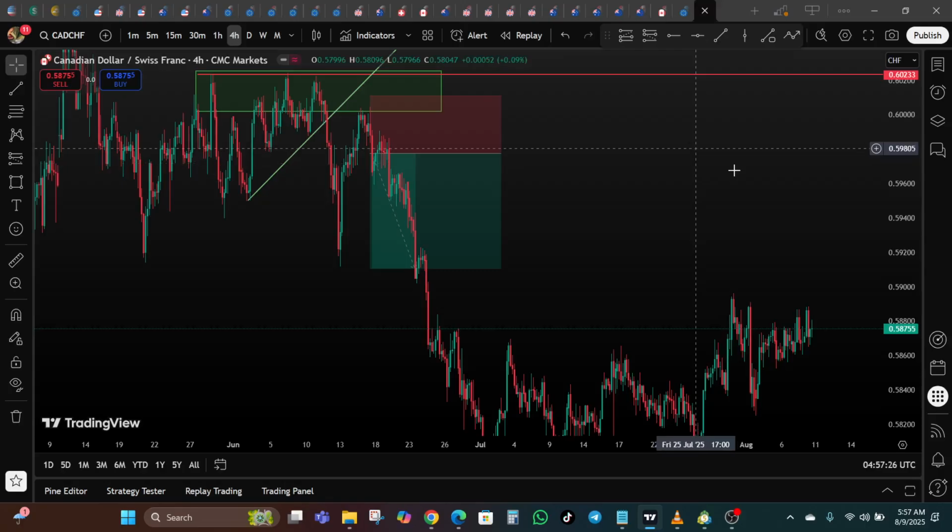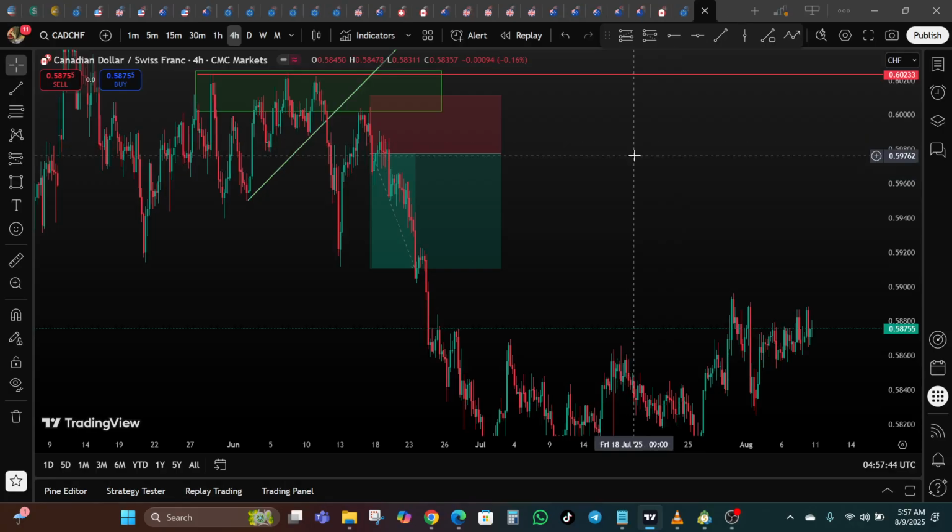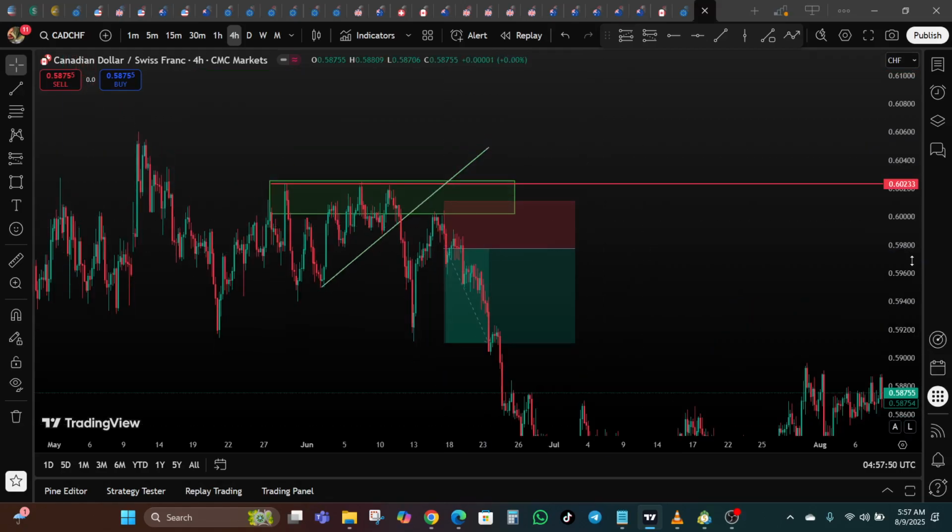The second mistake is trading without a plan. If you enter the market without clear entry and exit rules, you are relying on emotion instead of strategy. A solid trading plan outlines when to enter, when to exit, how much to risk, what conditions must be met before placing a trade. Just like this example that I gave right here, your strategy could be based on support and resistance levels and breakout.